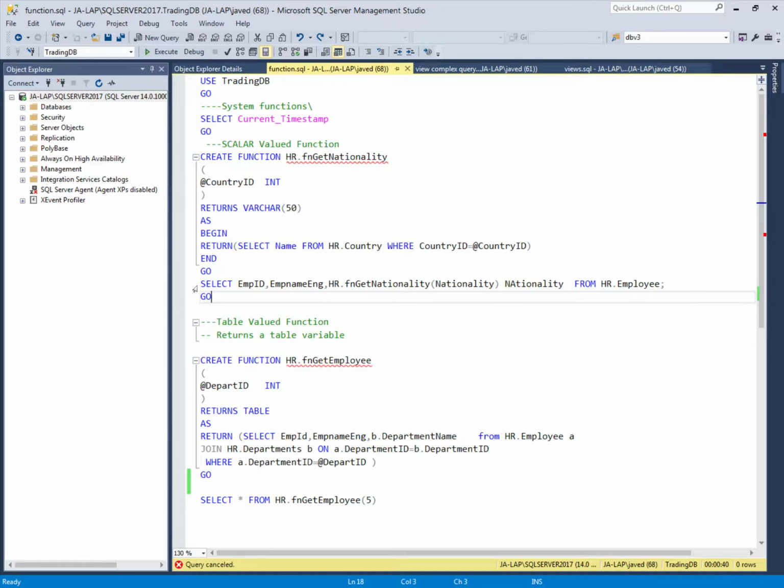So a scalar valued function works like this, and this is the table valued user function. It will return a table instead of one value. So we can create it like this.